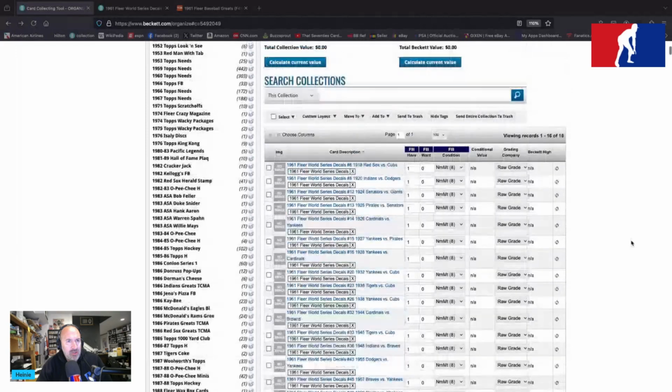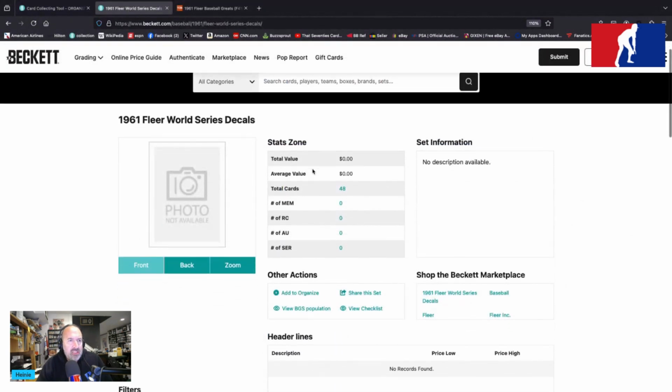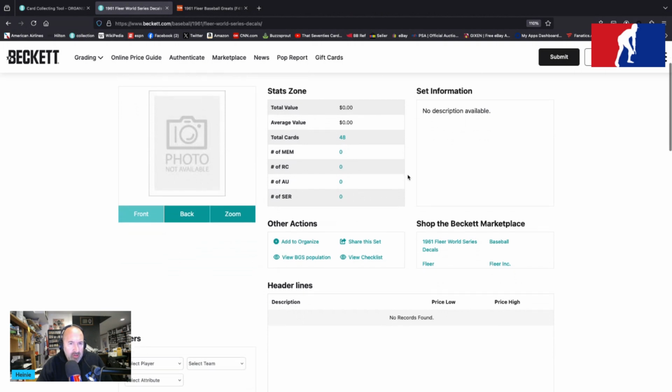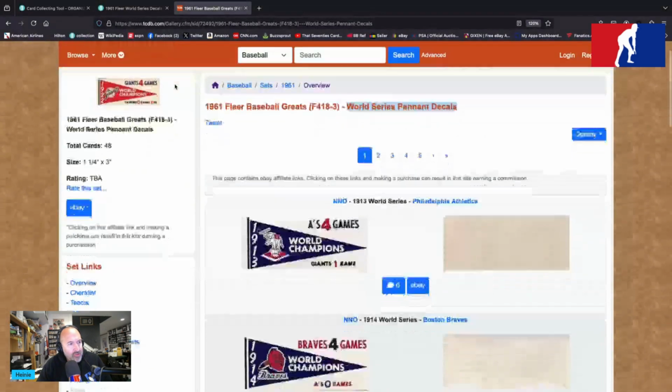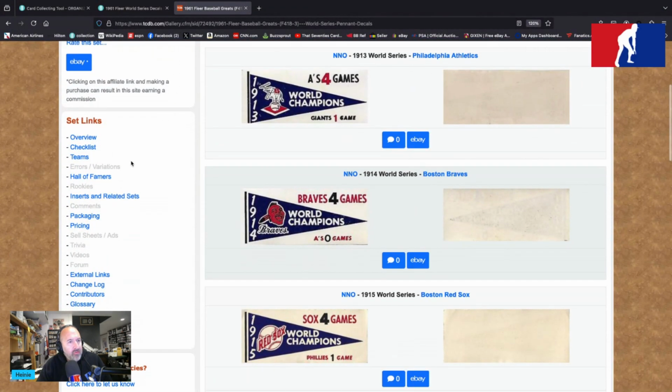I own 16, so if you're doing the math, that is 1/3. I'm batting .333 here. Beckett OPG tells us very little. They just tell us that there's 48 of them. Don't give us any assigned value for the sets or the cards or the total value. So we'll hop on over to TCDB if that's okay. And we'll see that these beautiful little cards, these beautiful little inserts